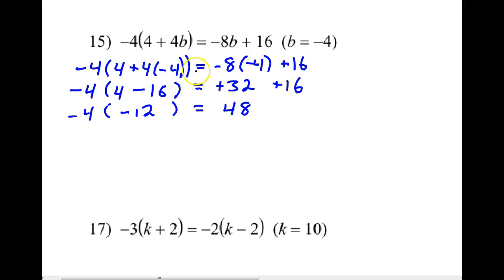A few things. You notice how I'm lining up the equal signs? I'm trying to line up numbers as much as possible that don't change, like the -4s here. They stay lined up. Again, not for you, but for me or anyone else trying to look at your paper, they're going to look at it and say, okay, that makes sense. That's not changing. Oh, that's where you got the 16. That's where you got the negative 12. Very easy to follow. Make it as clear as possible. Again, that's negative times negative, so that's positive 48, positive 48. So therefore, negative 4 is a solution.